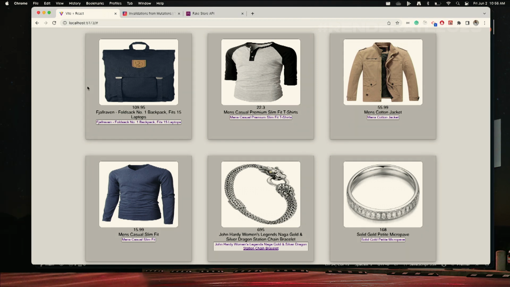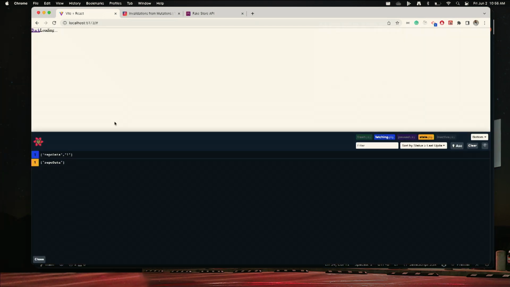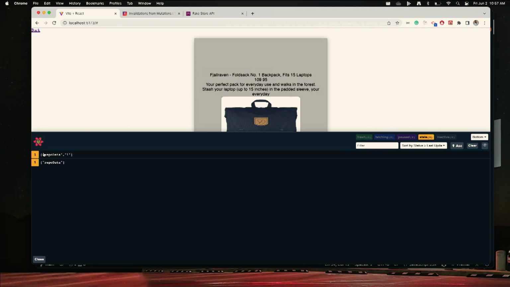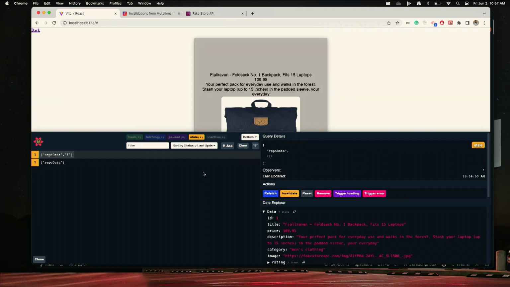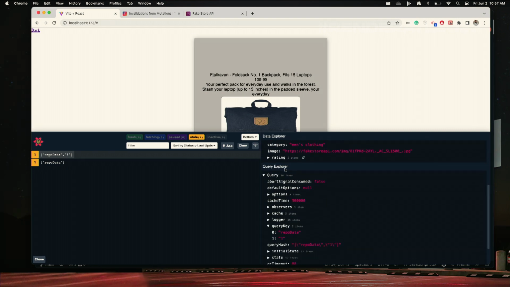But the idea is if a customer is now on here, right? And so let's say they were to click this button, maybe they want to buy more, they wanted some more product details. They go to it, there's the React Query tools that I was telling you about. So we have all this information kind of being shared there. So it tells me everything that's kind of going on.